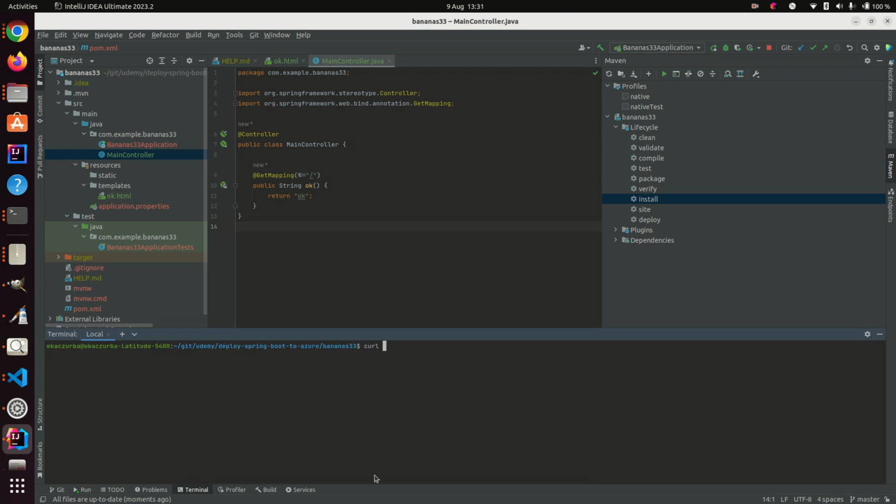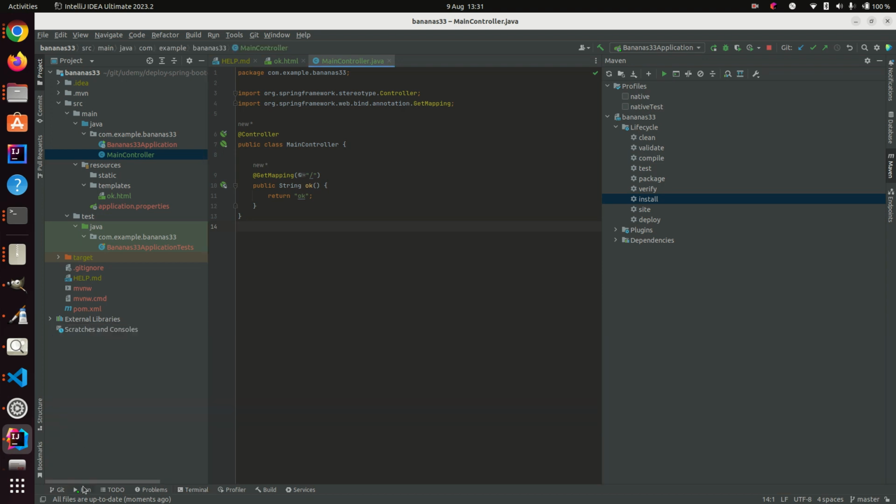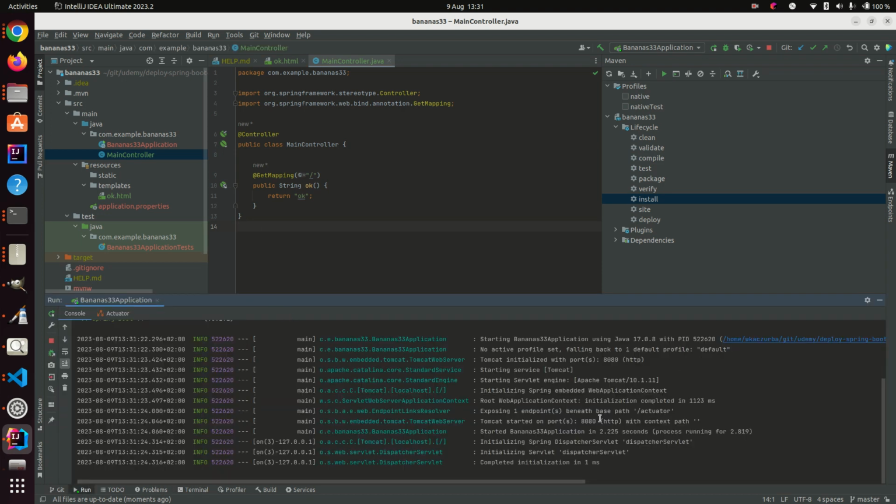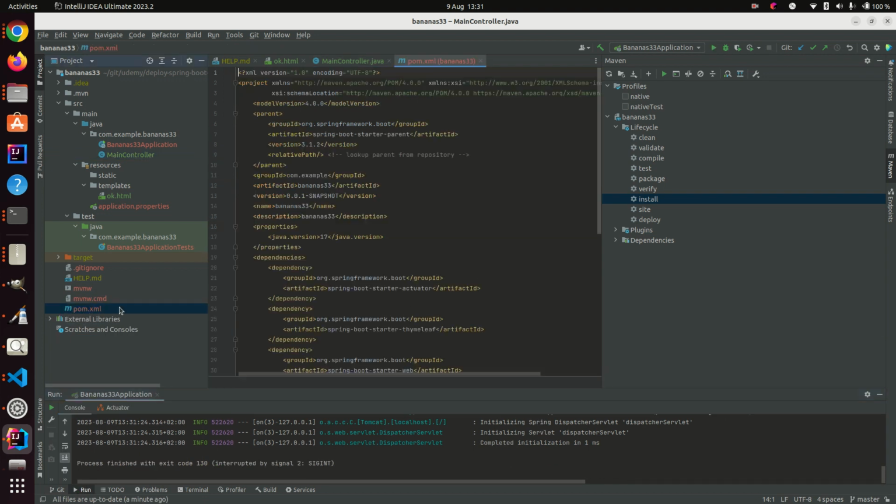And we'll use curl 127.0.0.1:8080. Okay, so the application is confirmed, so it's working. We have it built, and now we are coming to the most interesting part from our perspective, which is the